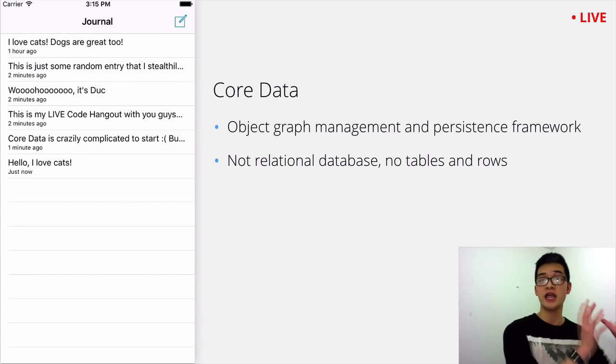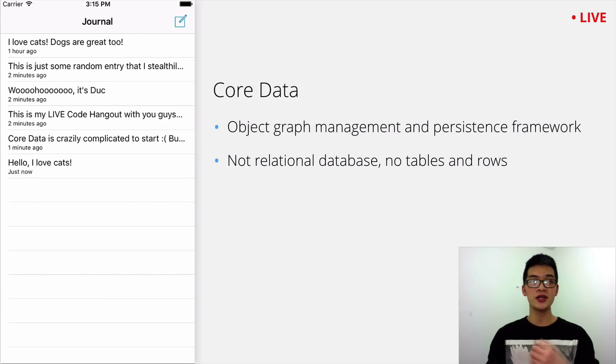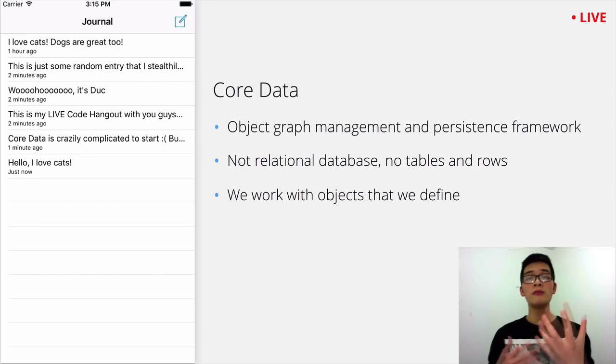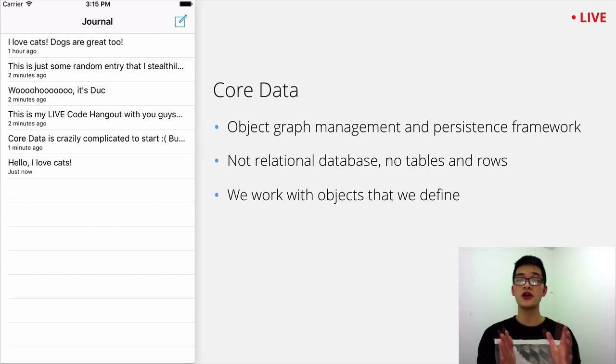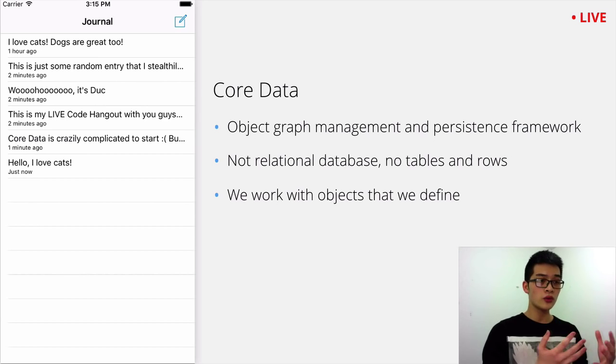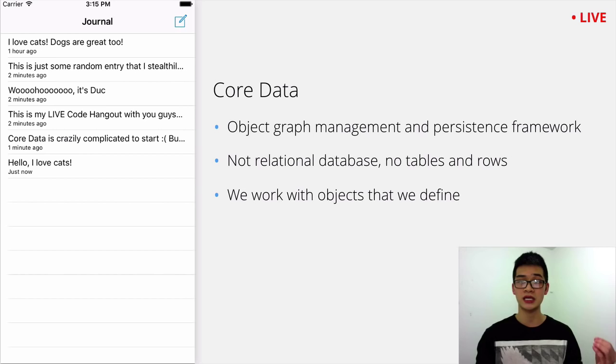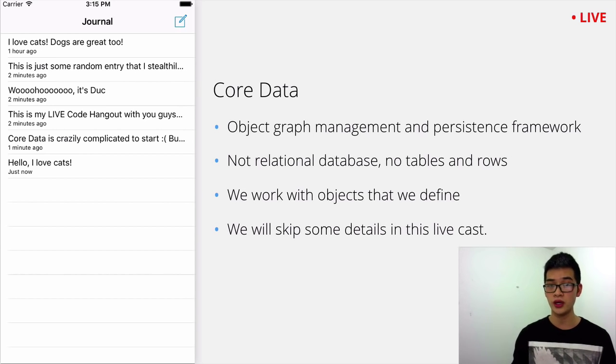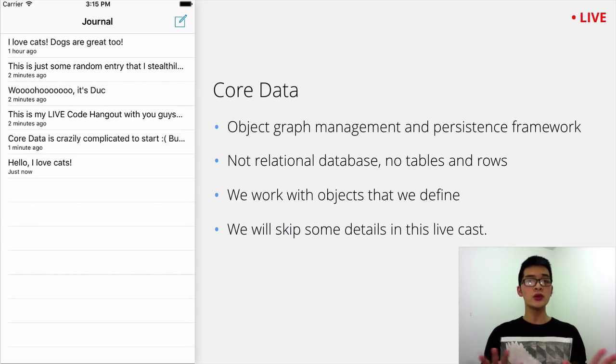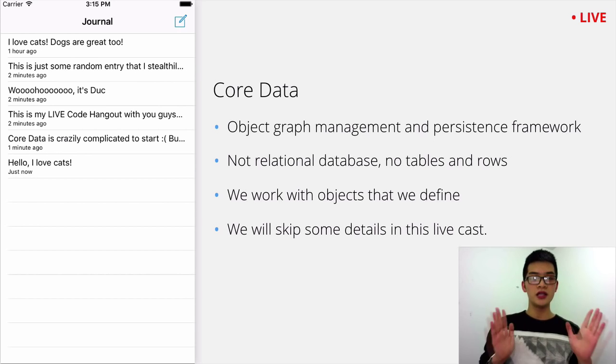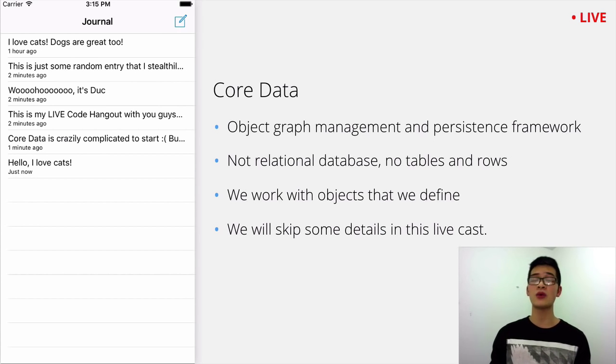Core Data doesn't have tables or rows. We will work with Core Data in terms of objects that we create in Core Data. Since we know about objects, like Swift objects, it will be very safe, secure, and very fast for us to use. Okay, and I have to say this for you, that during this live webcast, I will skip